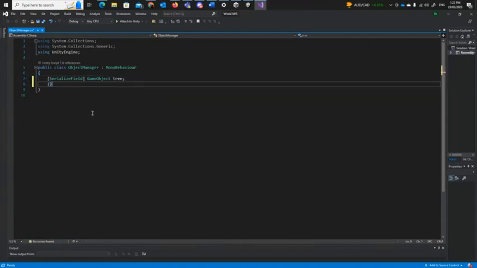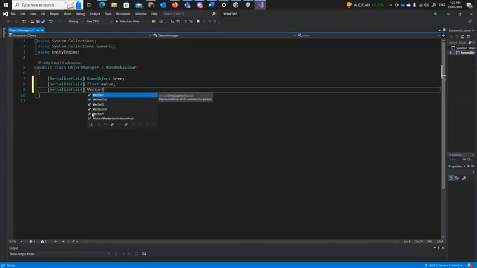I'm going to have another serializable field, and that is a float, and I'll call this value, and another serializable field, and I'll make this one a Vector3. Now, I'll explain these in a little bit. Position,